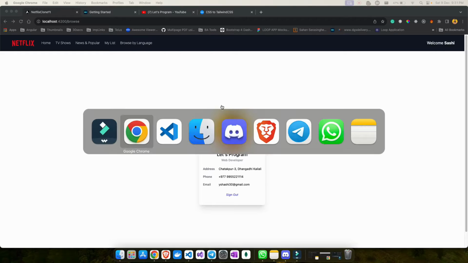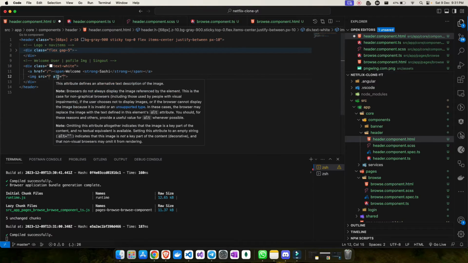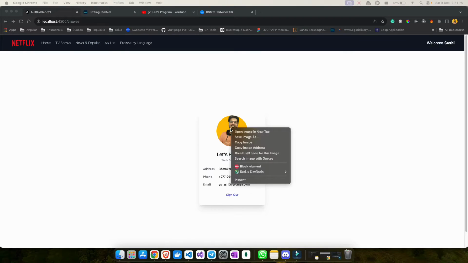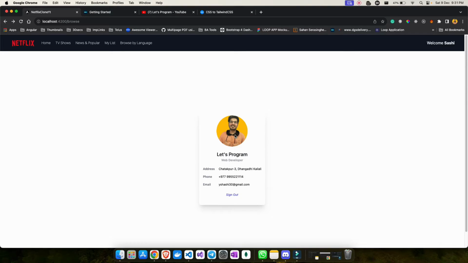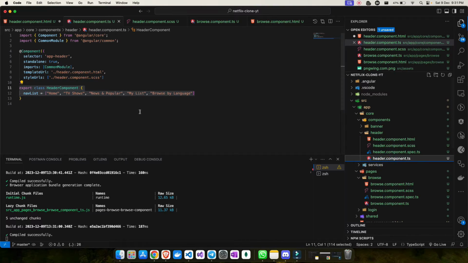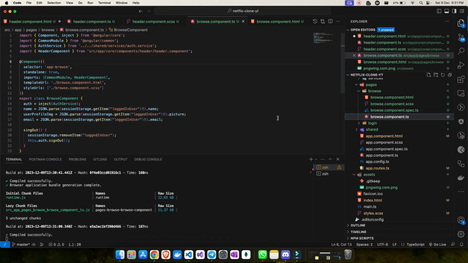And now the next thing I need is the profile image. So for that, let me add an img tag just below it. For the source, currently I don't have it, so I need to take it from my Google profile. That's good that I already have this URL, correct? So let me go to this header component.html. Oh no, I think it's banner. Let me go in the banner and check if I have it. Sorry, it's in the browse component, I'm so sorry. In the browse component, we already did an API call where I have the user profile image. We are already maintaining it, so we can get it from the session storage.